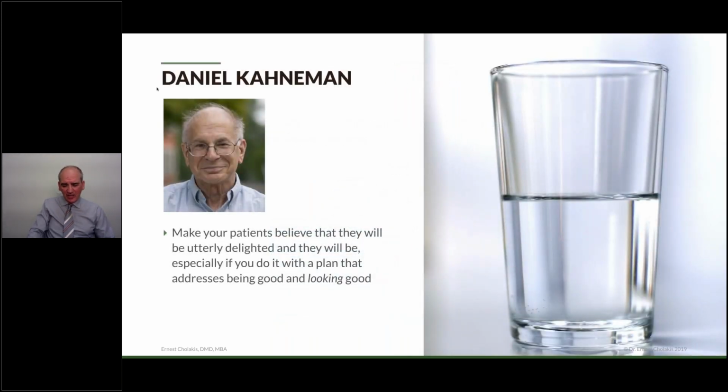Daniel Kahneman, the author of the expectancy theory and a winner of the Nobel Prize, states, or shall I say, let me paraphrase on his behalf, make your patients believe that they will be utterly delighted, and while they will be, especially if you do it with a plan that addresses being good and looking good. What does this mean? It means if you go in there demonstrating your passion for the profession, and you have tangible clues like excellent technology, and the technology that I'm thinking of is a cone beam CAT scan like Carestream,